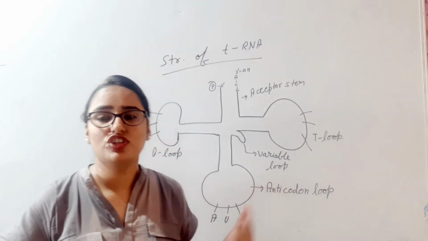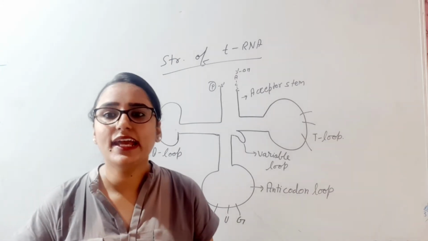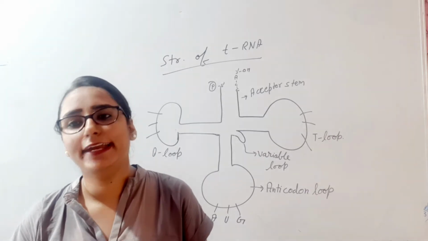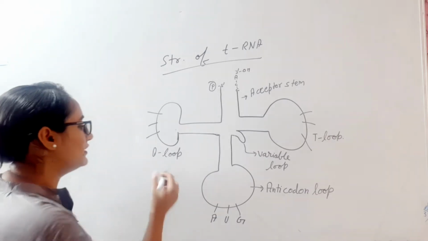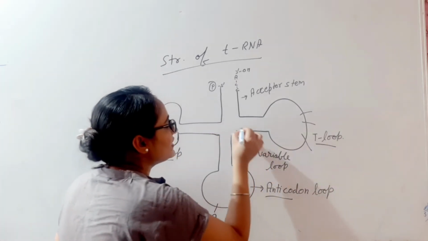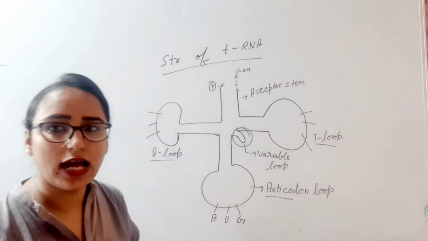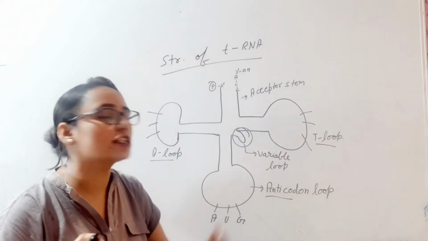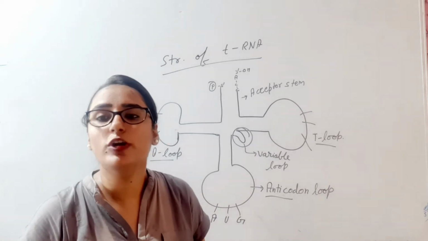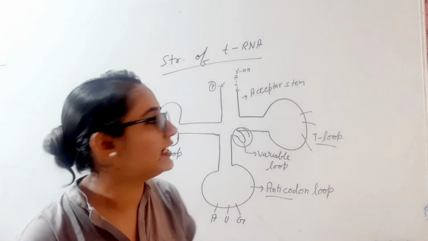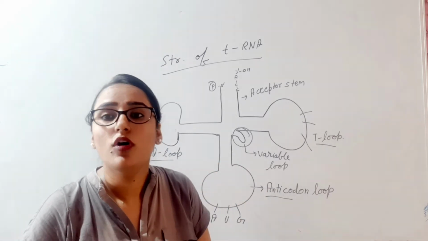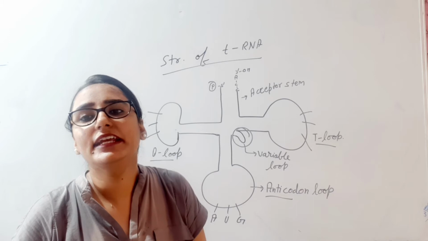So this is the structure of tRNA. In tRNA there are basically three loops: the T loop, D loop and the anticodon loop. So this is the D loop, this is the anticodon loop and this is the T loop, and this short arm is known as the variable arm or variable loop. Why is it known as variable arm? Because its length can change according to the packaging of the tRNA. See, this tRNA is packaged into this leaf-like structure. How? Because of complementarity between the bases.